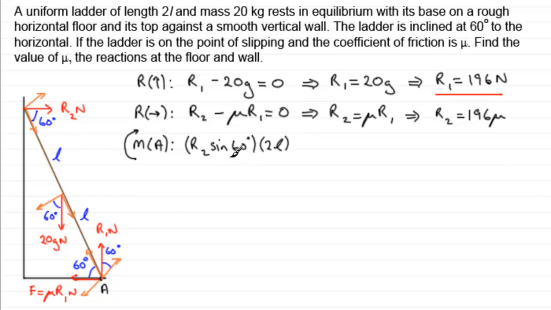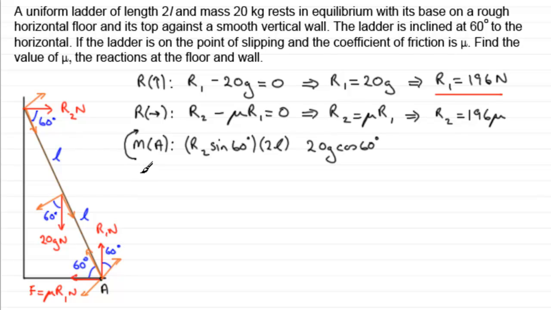Okay, so that's the moment of the force provided by R2 about A. Now we look at this component of the weight. That component contains the angle of 60 degrees, so this effective force here is going to be 20g cos 60 degrees. So we've got 20g cos 60 degrees, and this force wants to turn it in an anti-clockwise sense